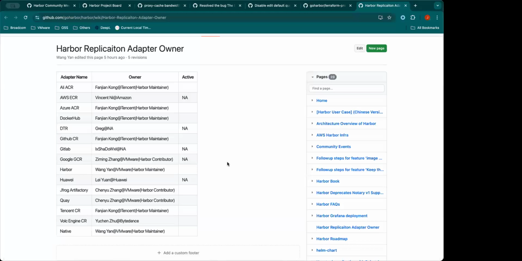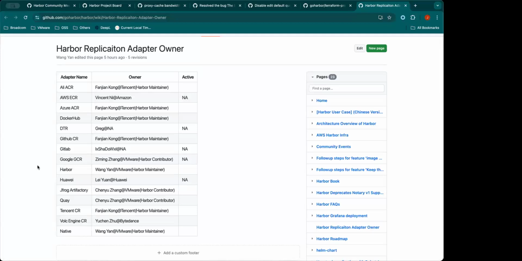So we are seeking help to maintain these adapters, because some of them are related to the API of AWS, DTR or GitLab, and we received some issues from the community regarding these adapters, but we do not have any experience with, for example, the GitLab API.